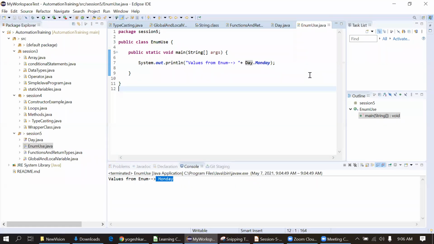Question from Diksha: when we use the values from a different class, we need to use inheritance, but here we have not used it. Does the enum class have an advantage? No, Diksha, we are simply not using inheritance. The static part we are going to cover in the upcoming session. Actually, a static class or static method we can directly call from any class without inheritance. Okay, fine. Question is clear for Diksha.